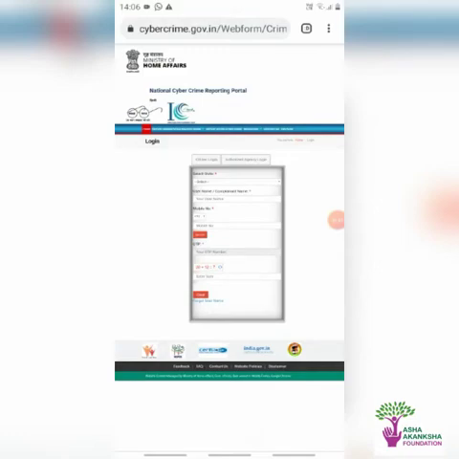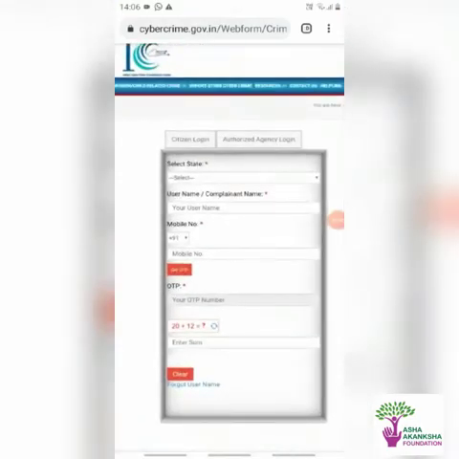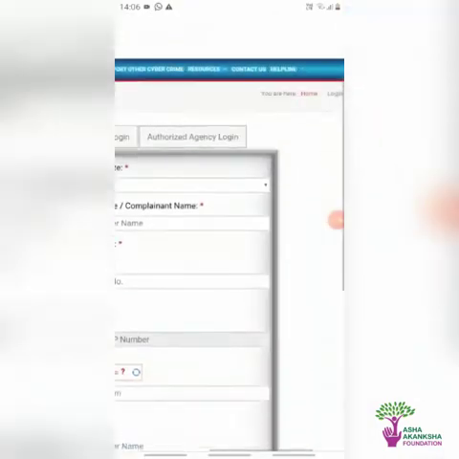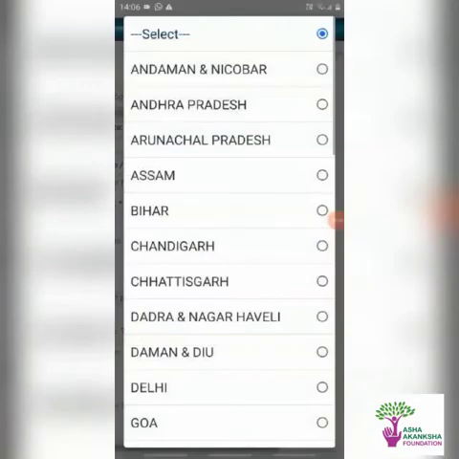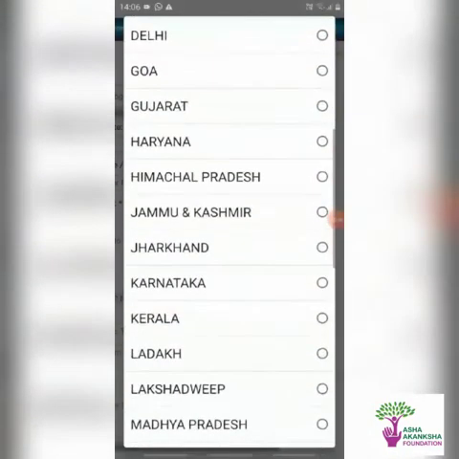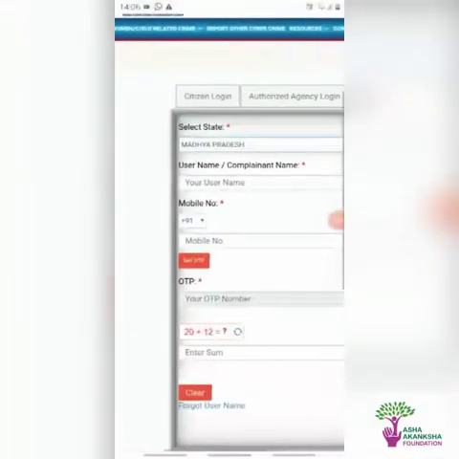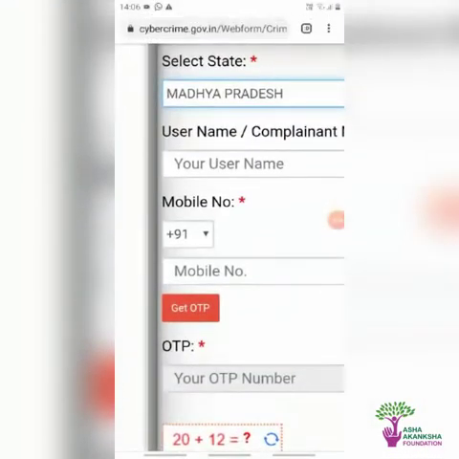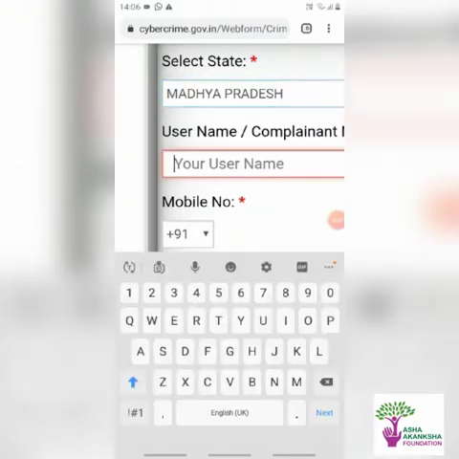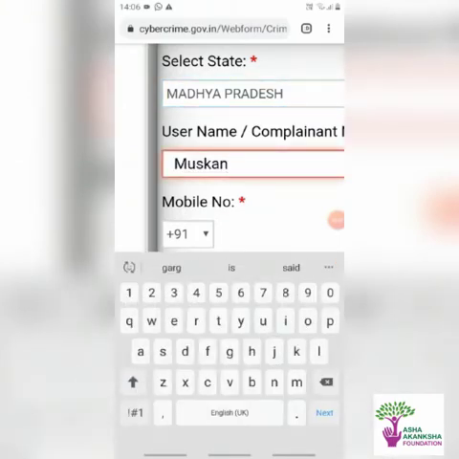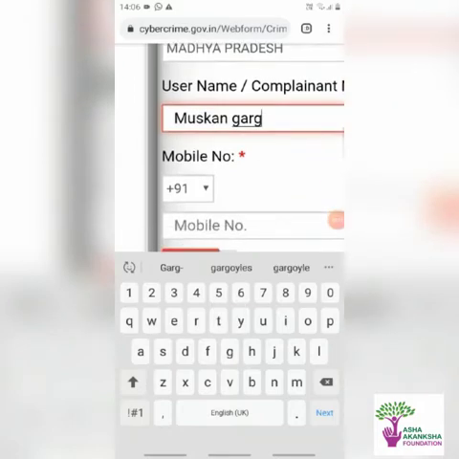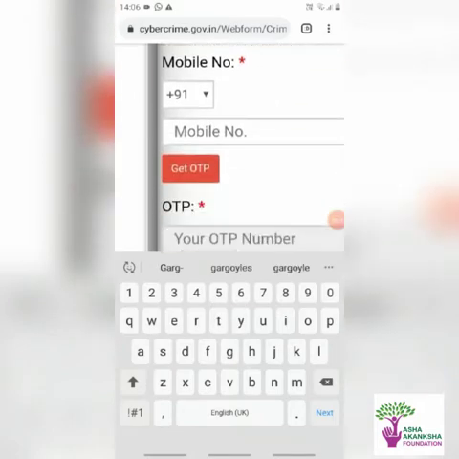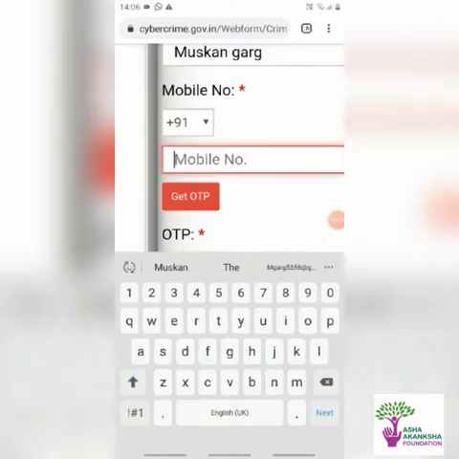So in order to log in, you need to specify your state or create a username. Then enter your username. After entering the username, enter your mobile number.